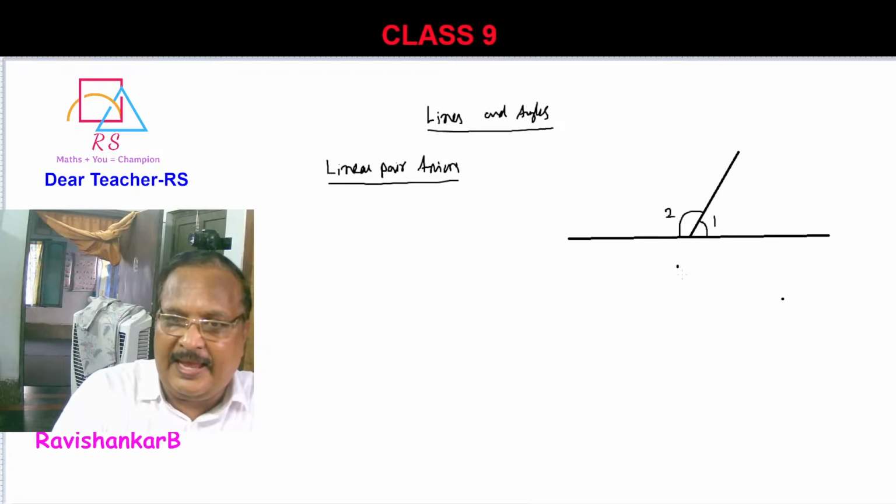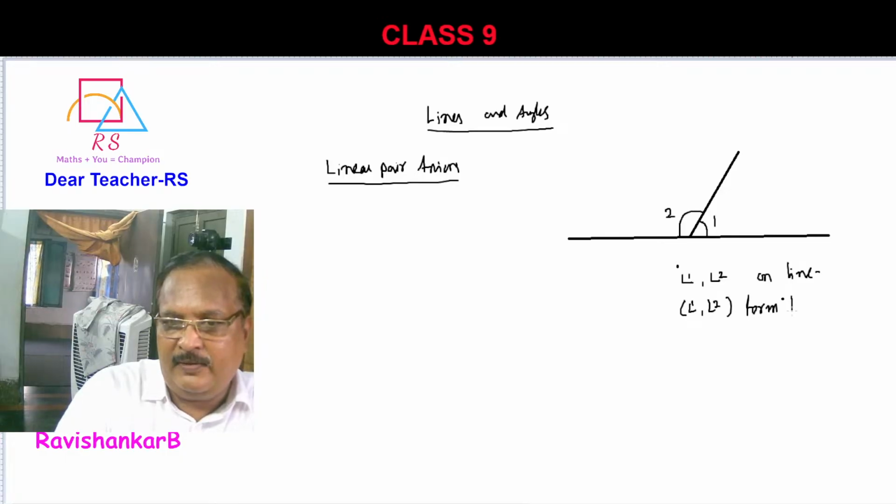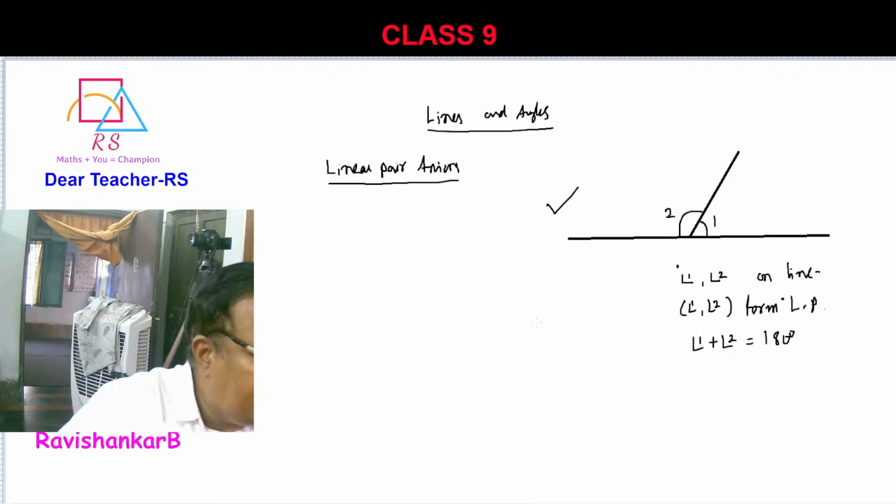These angle 1 and angle 2 fall on a straight line, so 1 and 2 form a linear pair. LP, I'll write LP. Therefore, angle 1 plus angle 2 is equal to 180 degrees. This is one way of understanding